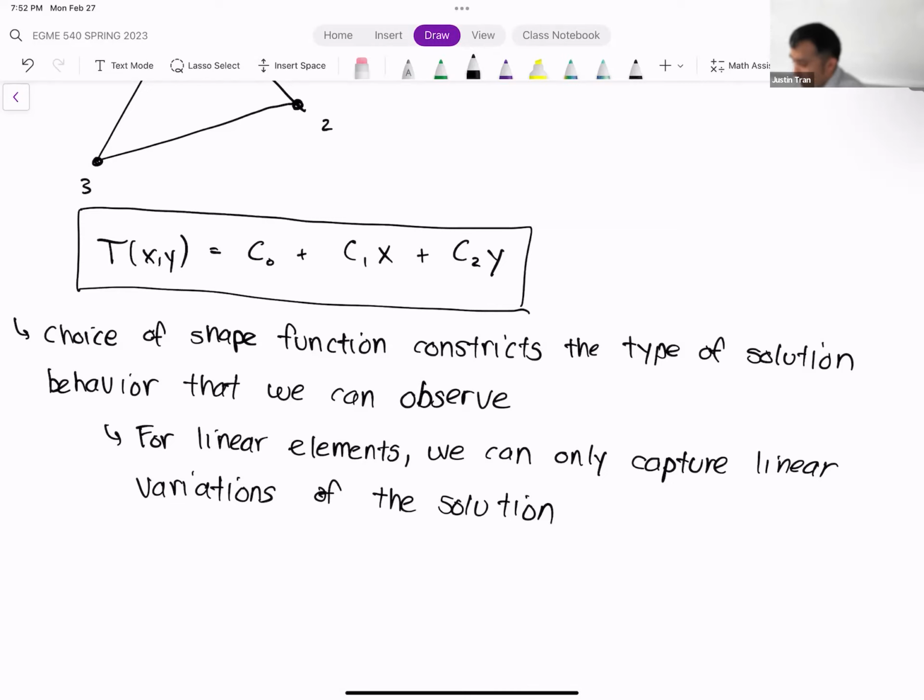Okay. And so if our solution varies linearly, that's great. So we can capture it with the linear function. But if our solution varies in some other way, in terms of a quadratic, then we're not going to be able to capture that. Okay.